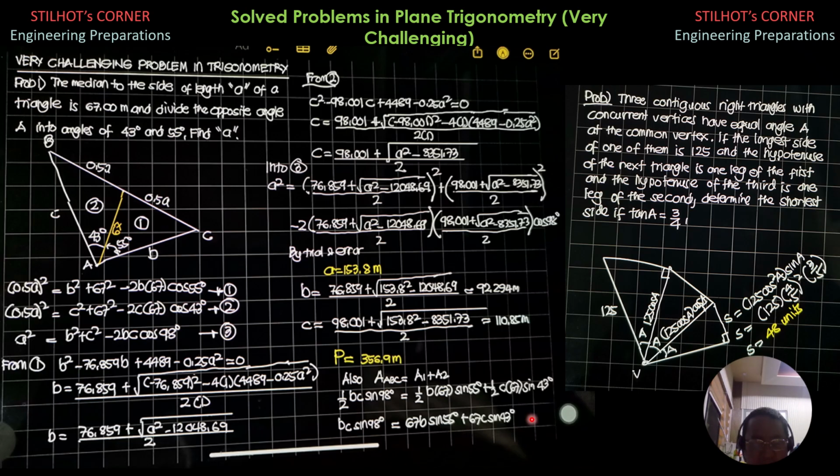You will arrive at the same value of A, 158.8, by trial and error, because this seems to be short, but it is still long if you substitute the value of B and C. But you can define B and C to shorten it in your calculator. I do not know how to use my calculator because I am accustomed to solving problems not by shift solve. So that's it for that problem.